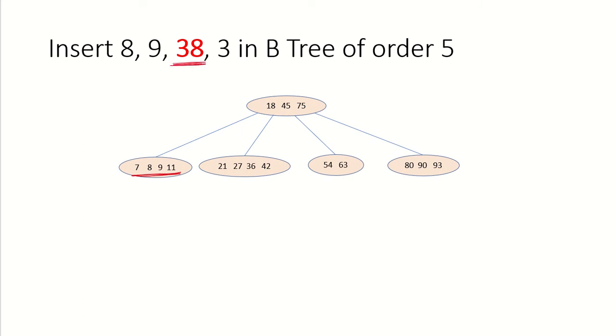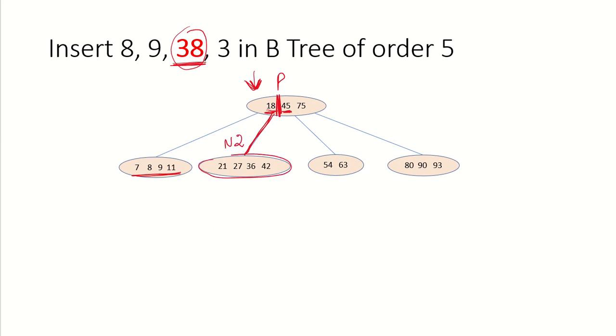Now the next key that has to be inserted is 38. We start from the root node again, and we know that any value that has to be inserted will always be at the leaf node. So we start from this root node, we compare it with the first key value which is 18. So 38 is more than 18. So we compare it with the next key value which is 45, and 38 is less than 45. So the pointer that is over here, we will use this pointer to reach this node, because values which are greater than 18 and less than 45 will be available in this node. Let us call this N2.